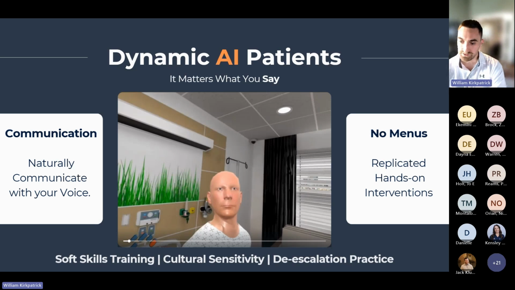So, is this designed just for school education or can it be integrated in a hospital education program? So, yes, it's integrated into both. This can be used anywhere de-escalation training is needed. So, we think nursing schools, we think hospitals where they are onboarding their new nurses or they're doing continuing